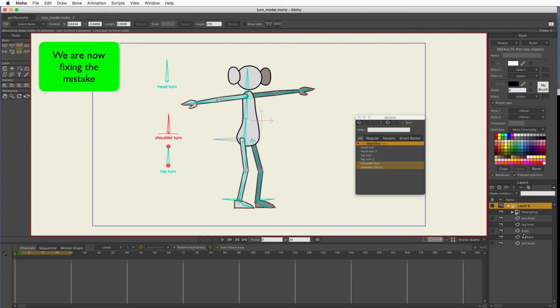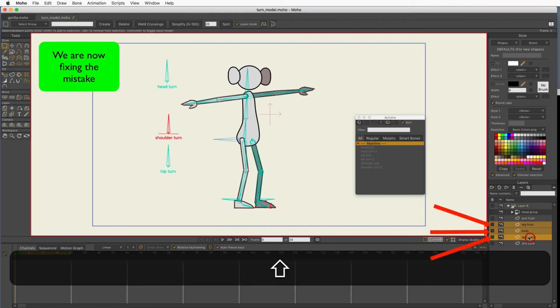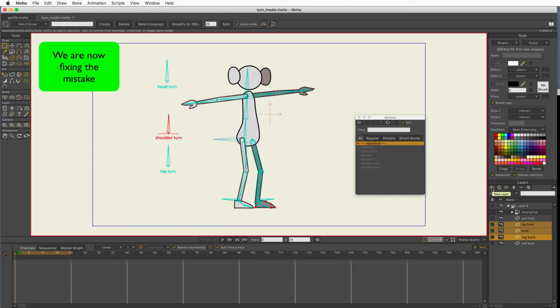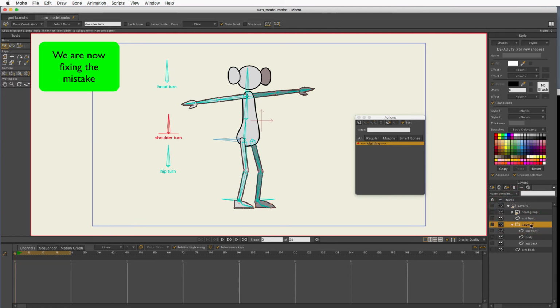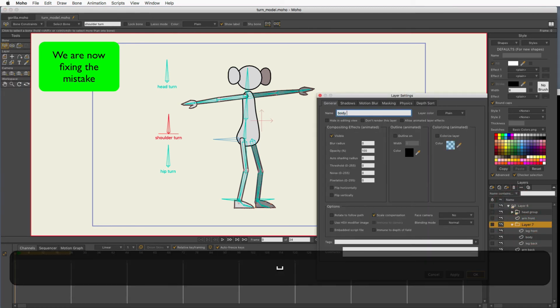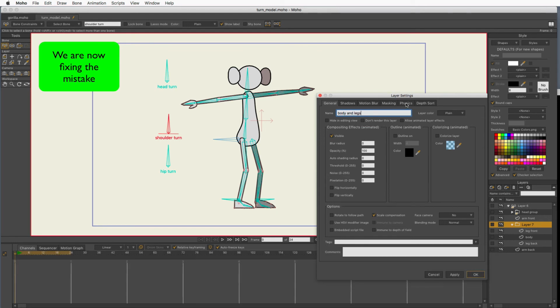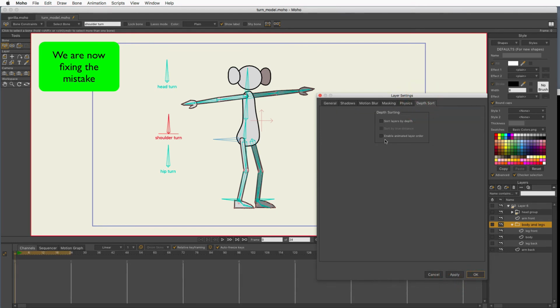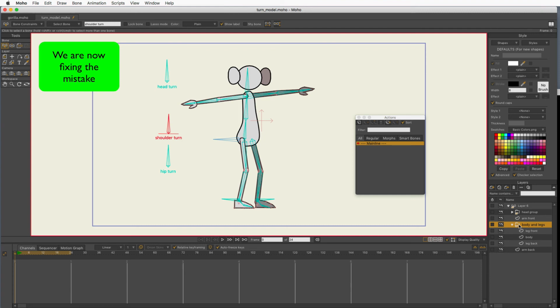So what I'm going to do is leave the arms outside of any subgroups. I'm going to just keep those in the bone layer, but I am going to select leg front, body, and leg back, and I'm going to do the same thing. I'm going to add a new group with selections, faster. There it is. Call that body and legs. And I'll go to depth sort, and again, enable animated layer order. And once again,